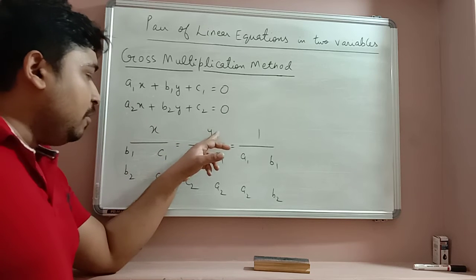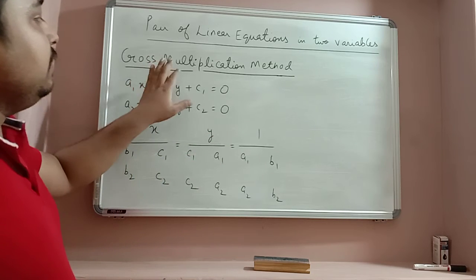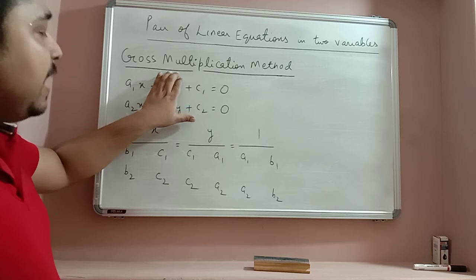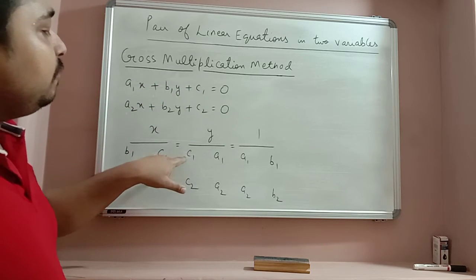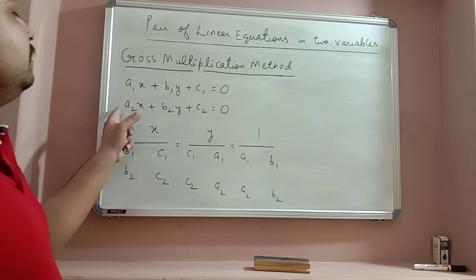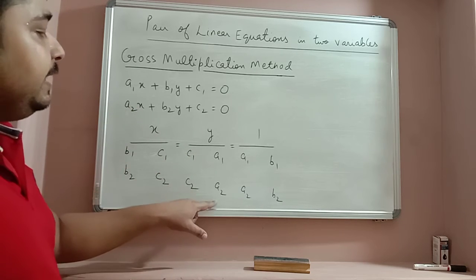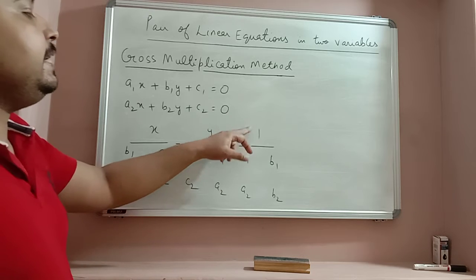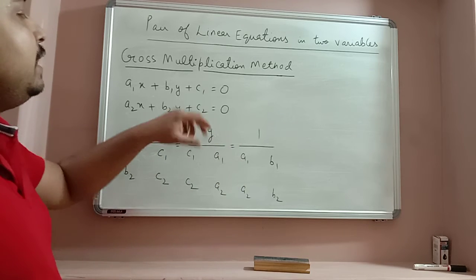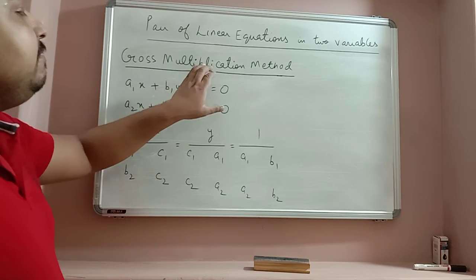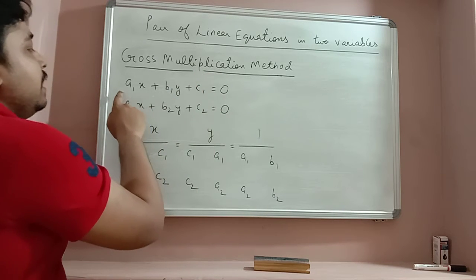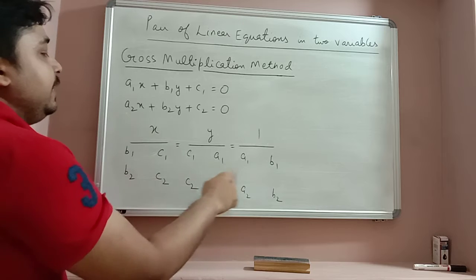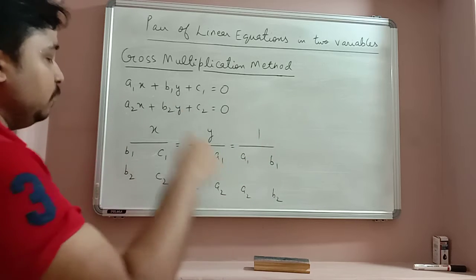Then on writing below y, we will hide the coefficients of y, and after y we get constant terms, so we will write down first c1, c2 and then we will come to a1, a2. And similarly on writing below the constant term, that is 1, I will hide the constant terms and I will write down a1, a2 and b1, b2.